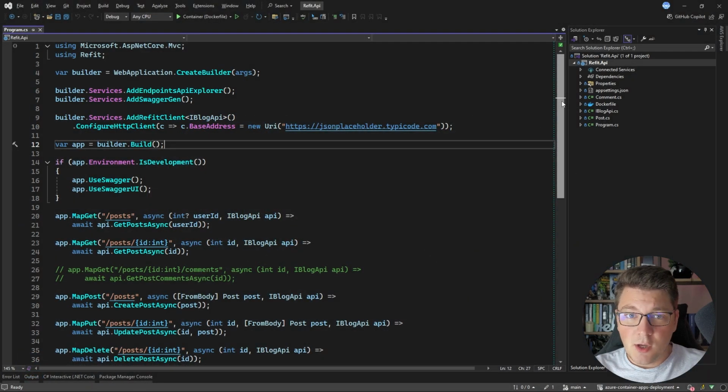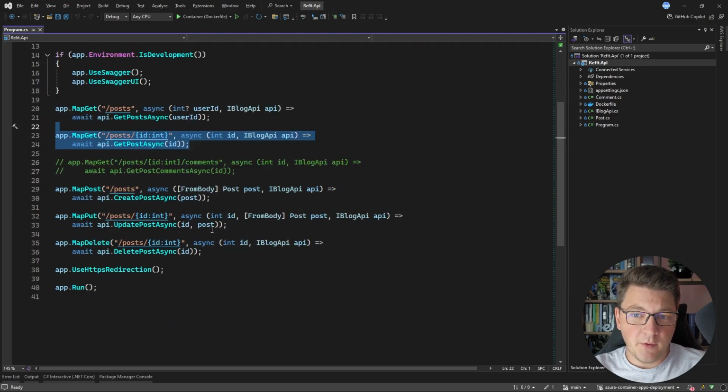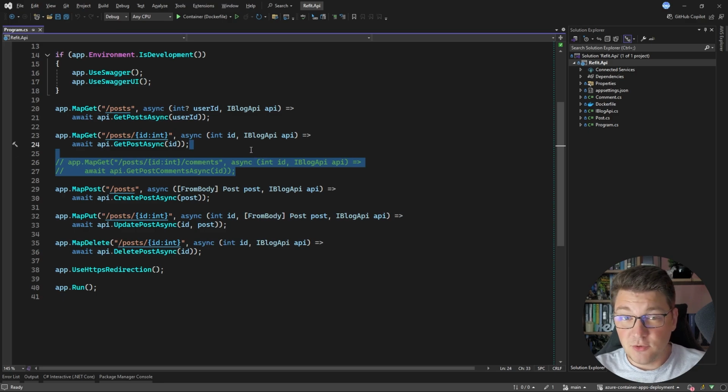So this is a .NET 8 Web API that's integrating with the JSON placeholder API to expose a couple of API endpoints. So we have an endpoint for fetching a list of posts, a post by ID, creating a post, updating a post, and deleting a post. And we have a commented out endpoint that's going to come in handy later when we are going to tackle